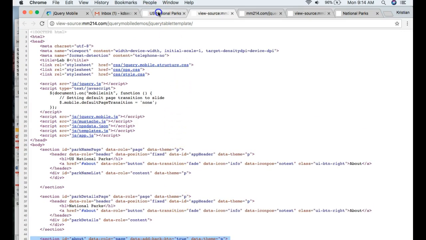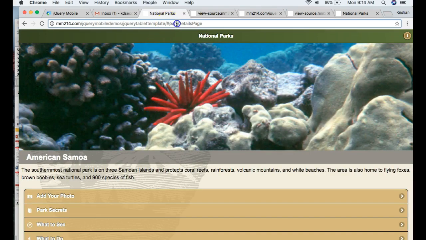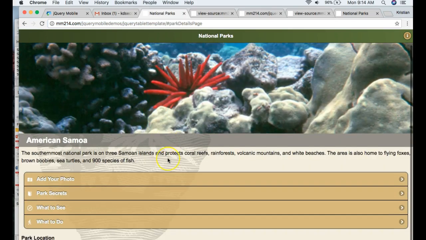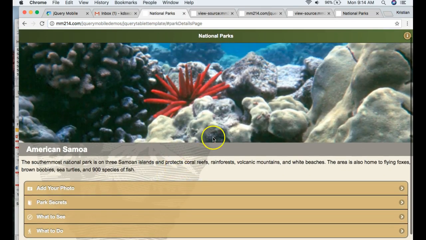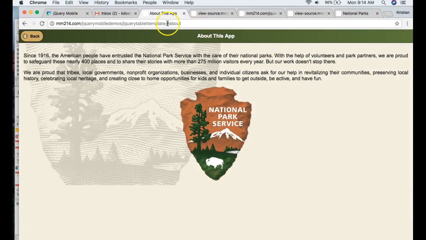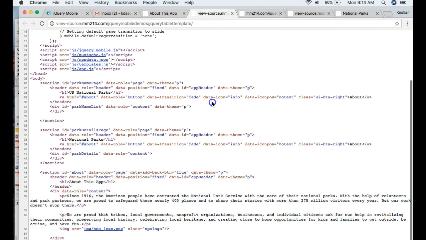So let's take a look at one. If I click on American Samoa, I'm going to the park details page. Okay, so all these will be park details, but the about section is again this. So on click, we have everything self-contained into one index file. And here's the park name page. So if I were to go to the park name page,